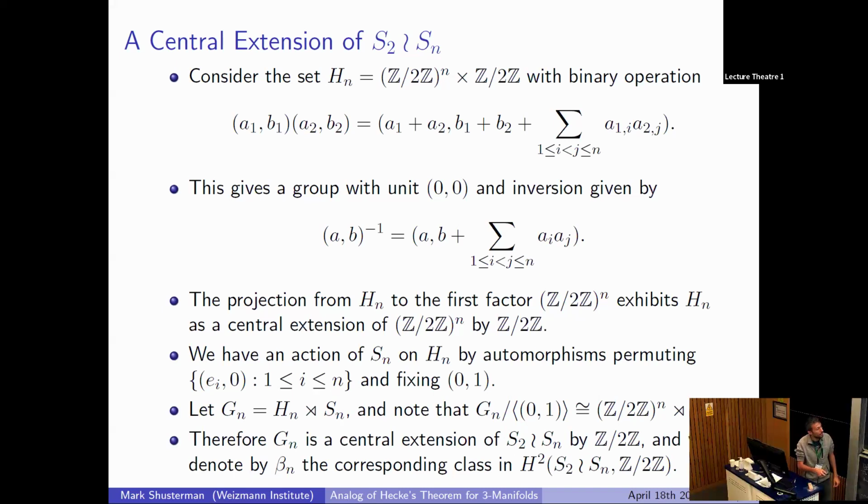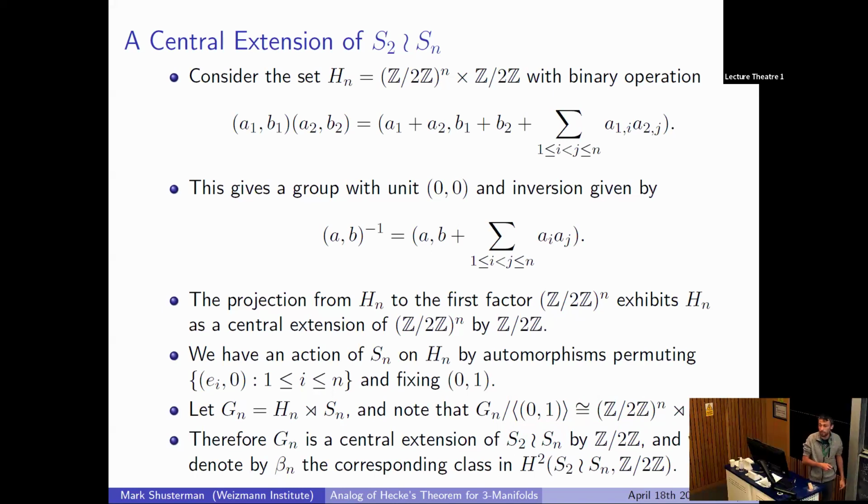you get back the group Sn semi-direct product of Z mod 2Z to the n. So this is S2 wreath product Sn. That's the group. This is this hyperoctahedral group we're talking about. So eventually, because of this construction, Gn, what we constructed, is a central extension of this S2 wreath Sn by